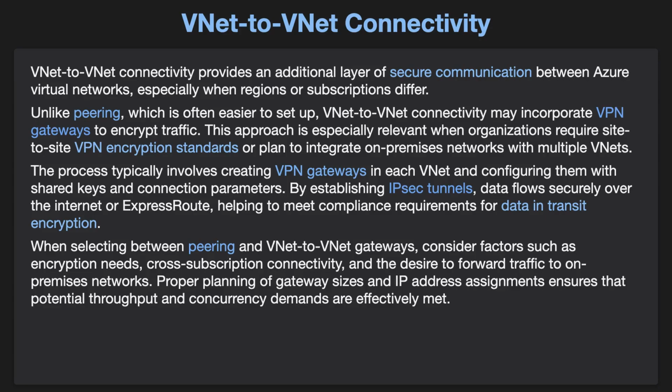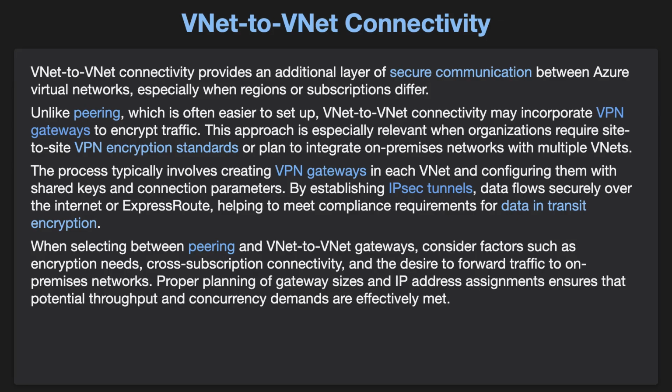VNet to VNet connectivity provides an additional layer of secure communication between Azure virtual networks, especially when regions or subscriptions differ. Unlike peering, which is often easier to set up, VNet to VNet connectivity may incorporate VPN gateways to encrypt traffic. This approach is especially relevant when organizations require site-to-site VPN encryption standards or plan to integrate on-premises networks with